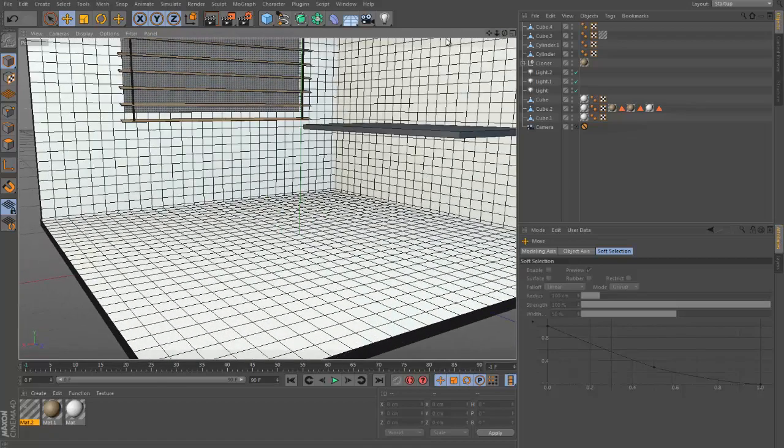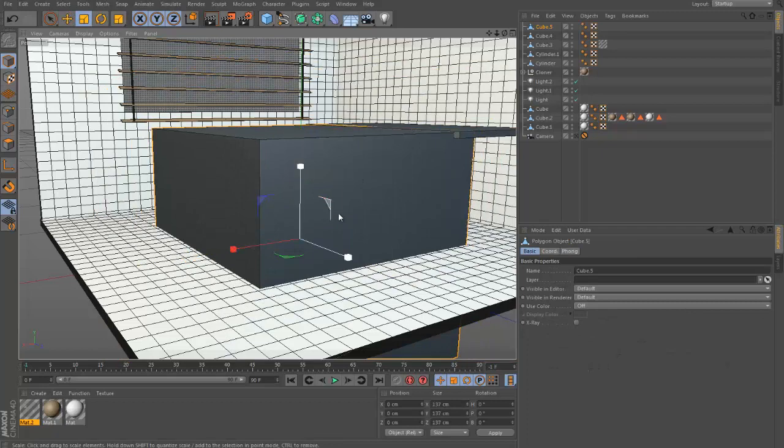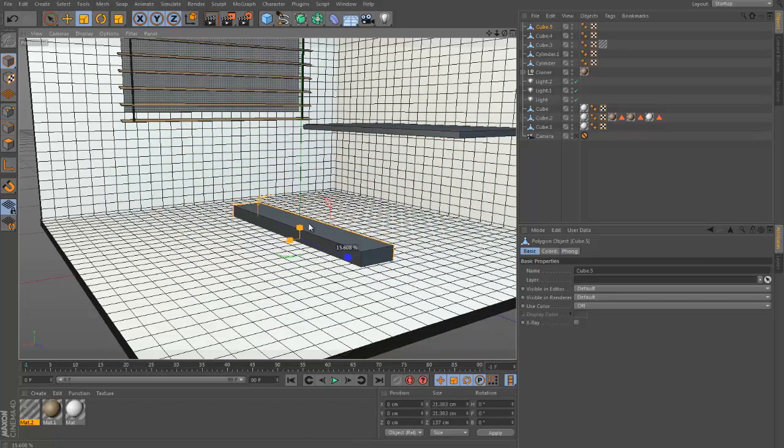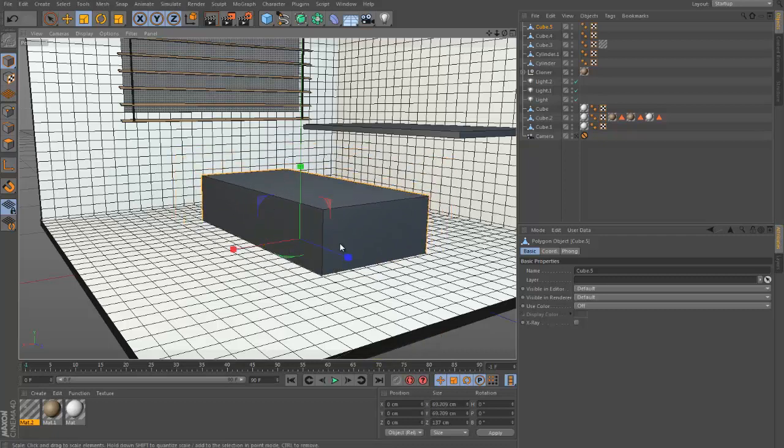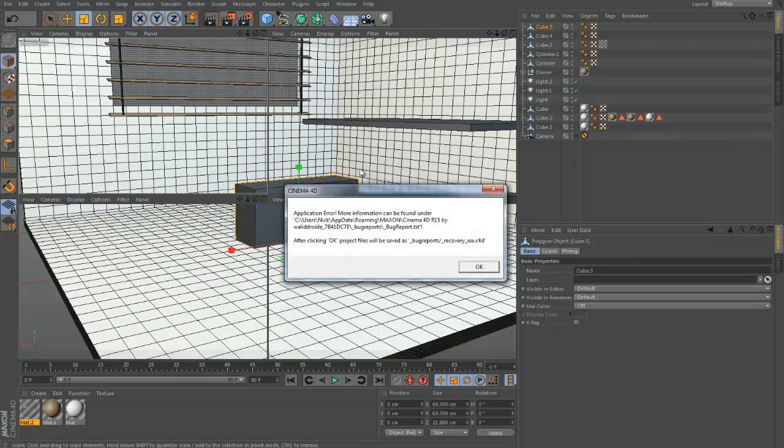And now we are going to make another cube, scale it down, make it editable, and we are going to go into the top view, and this is